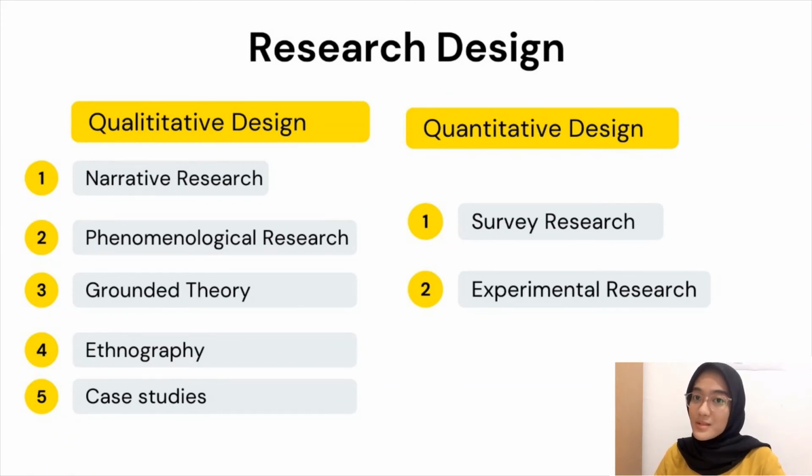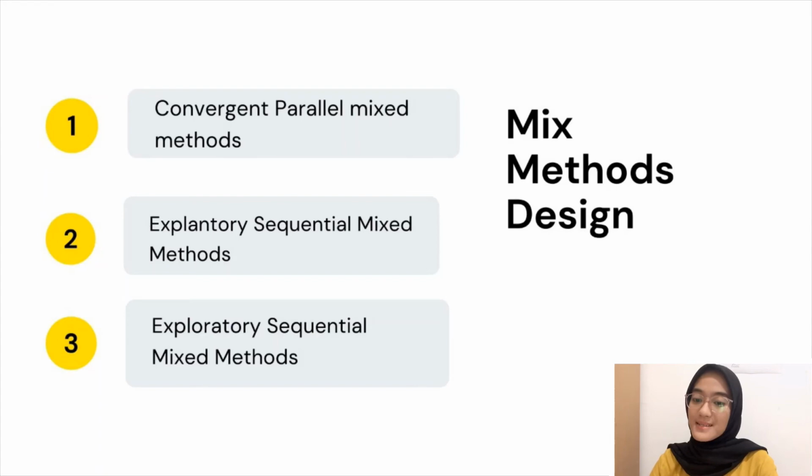Although many designs exist in the mixed methods field, there are three primary models found in social science today. First, convergent parallel mixed methods is a form of mixed methods design in which the researcher converges or merges quantitative and qualitative data in order to provide a comprehensive analysis of the research problem. Explanatory sequential mixed methods is one in which the researcher first conducts quantitative research, analyzes the results, and then builds on the results to explain them in more detail with qualitative research.